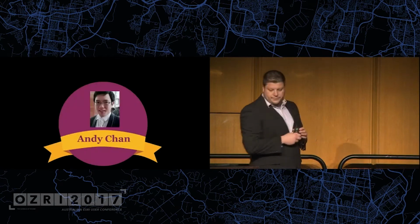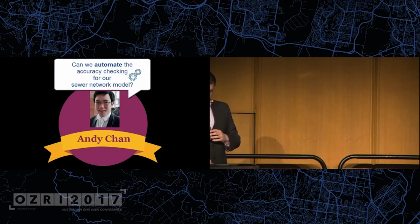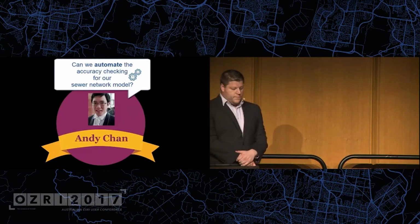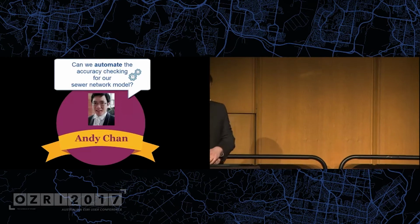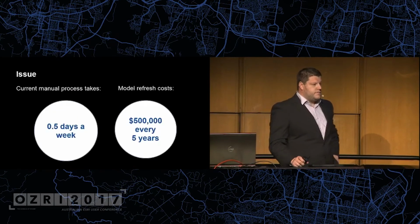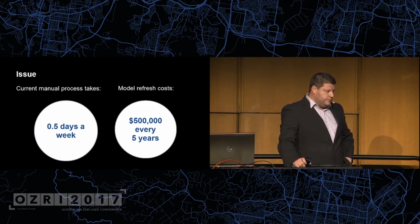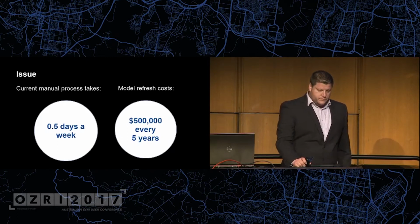Andy Chan from the Metropolitan Water Services Planning came to us last year with a request to automate the accuracy checking of their sewer network model. Currently, they manually extract and report on sewer flow data in order to be able to validate the accuracy of their forecasting. This takes Andy roughly half a day a week, and the refresh of the model costs Melbourne Water